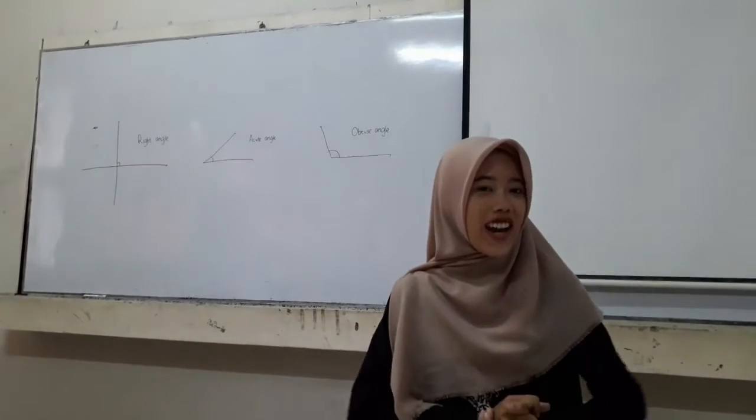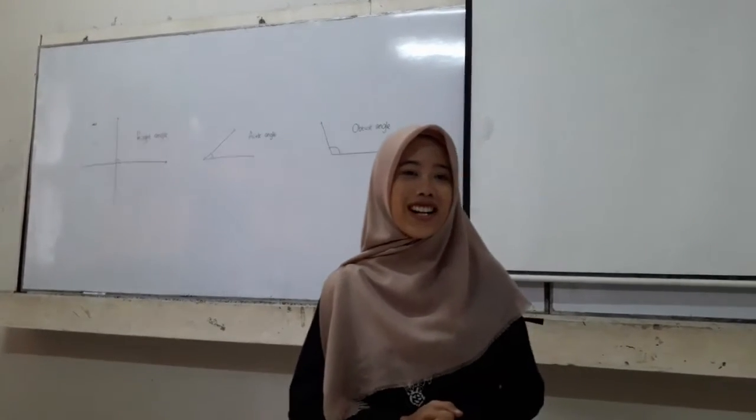In plane geometry, an angle is the figure formed by two rays, called the sides of the angle, sharing a common endpoint called the vertex of the angle. Angles formed by the intersection of two curves in a plane are defined as the angle determined by the tangent rays at the point of intersection. Yes, you're right, Bila. Give applause for her.